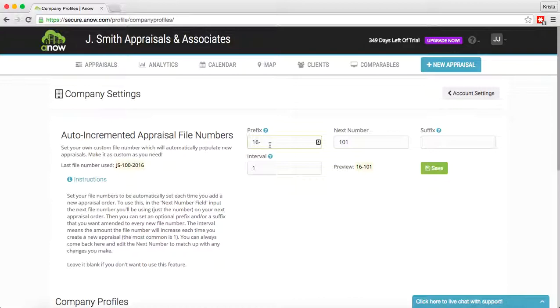Yes, definitely. So here's what that would look like. Next to 16-00, our next number will be 1. We don't need a suffix, and our interval will be 1. So now our file numbers are 16-001,